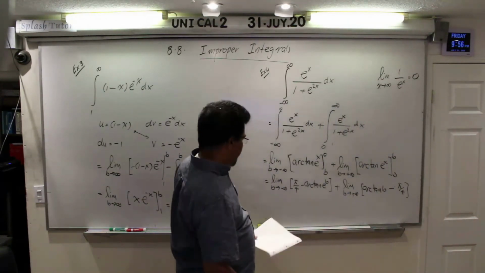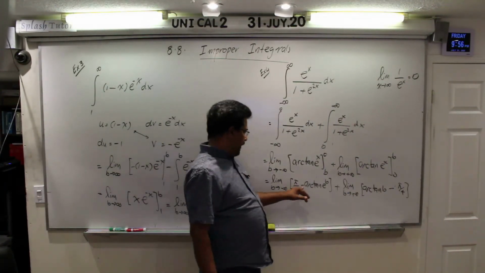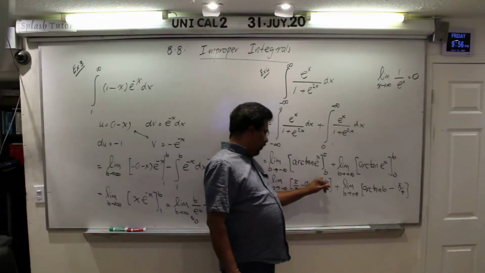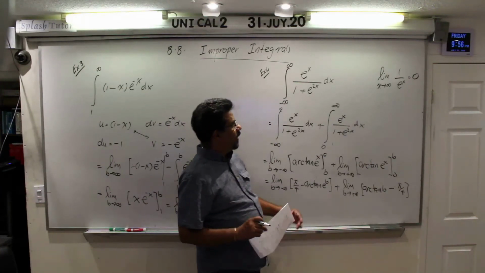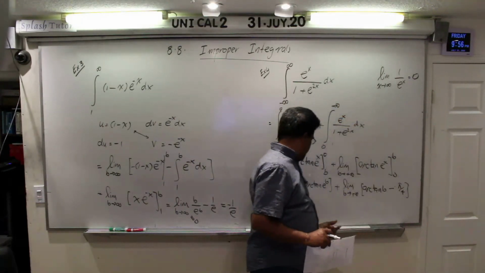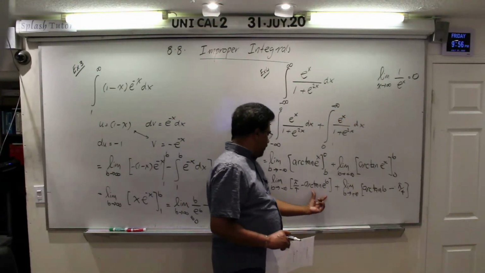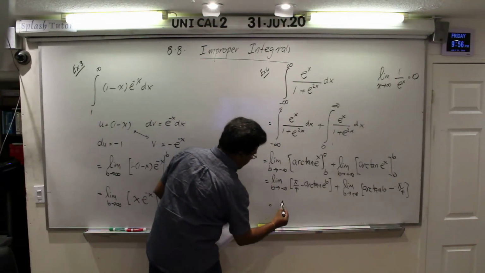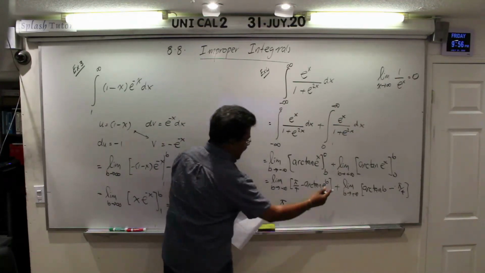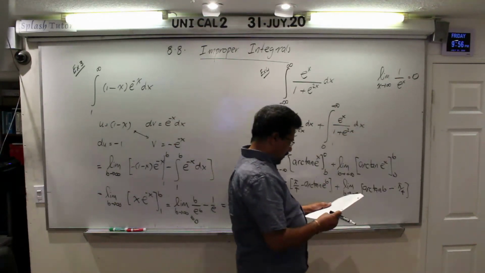Okay, now what will happen is if I make b infinity, 1 over infinity is 0, right? So the whole thing is 0. Arctan 0 is 0. So my answer here, this one is pi by 4 plus